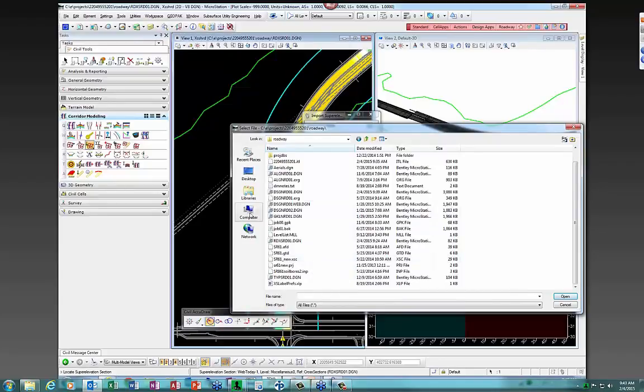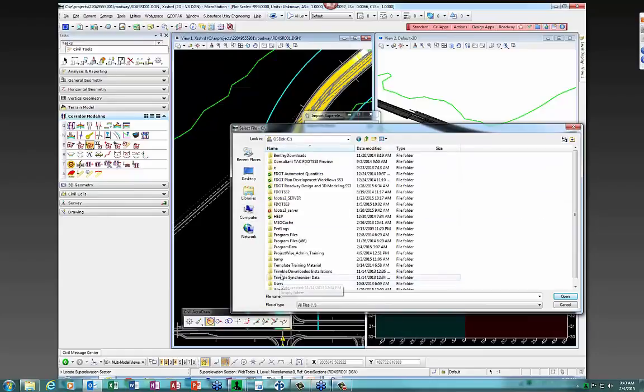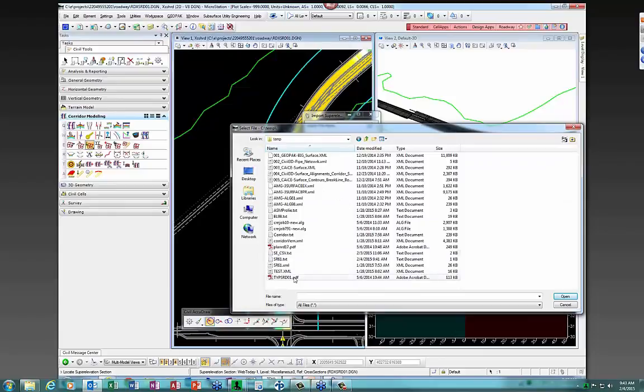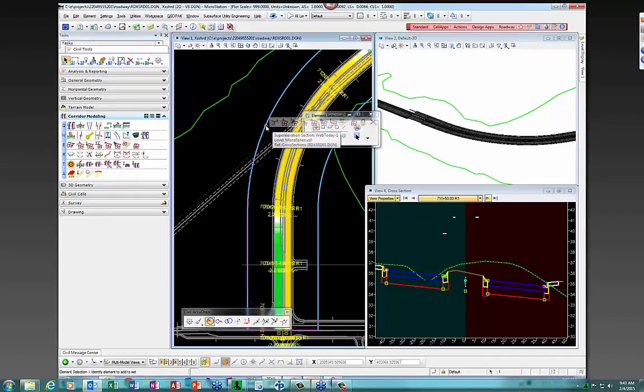Actually, I think it's being saved in temp. It's just where the default location was. I didn't change it. So there's that super elevation text file that was just created at 9:41. If I choose to open that and then locate the super elevation section, which would be this line right here, and again, it seems like it needs to be in the active file. But at any rate, like I said, if you wanted to import from a file, you can select that file,